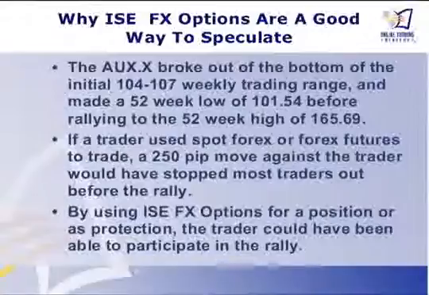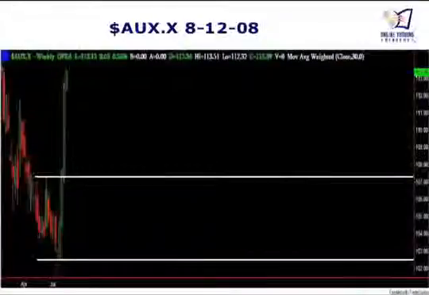Well, what happened is we extended that initial 104-107 range down all the way to 101.50. That means that before we went to 165, we actually went all the way down to 101.50. Without options for protection or as a position, you could have blown your Forex account before the move. So we did have that push down out of the bottom of the range and then the breakout through the top. And of course, that's probably happened to a few traders in this room, right? Where you get stopped out right before the price moves in your favor.